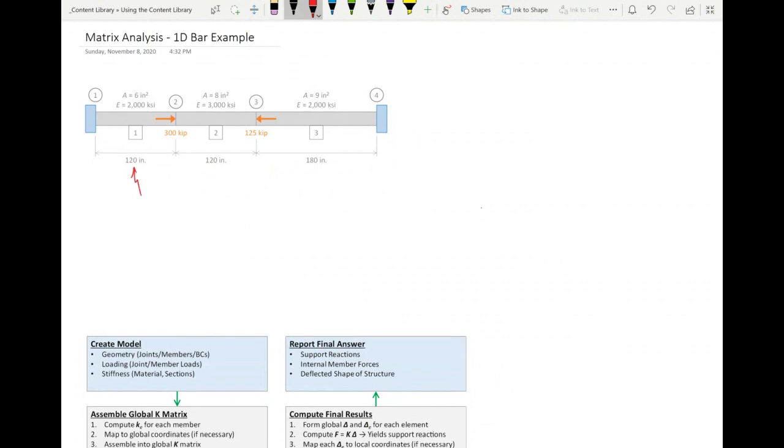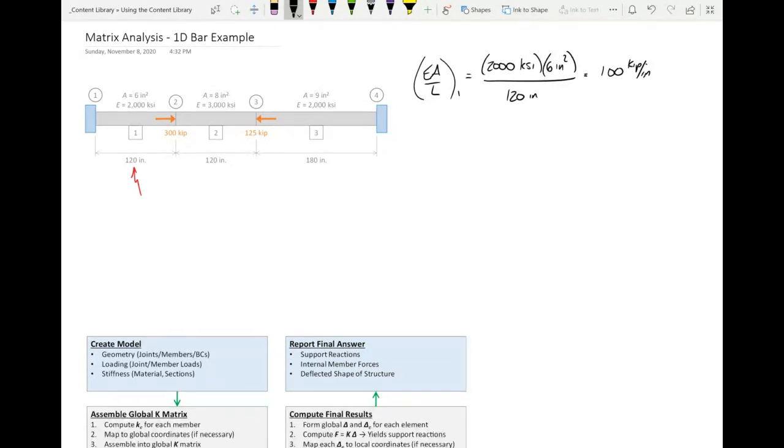Okay. So I want to determine the EA over L for this member. So we'll call it EA over L for member 1. Okay. And again, all the units are converted for me. All that's taken care of. So I've got 2,000 KSI, 6 inches squared over 120 inches. So 2,000 times 6 is 12,000 divided by 120. That's going to be 100. 100, not 1,000. 100